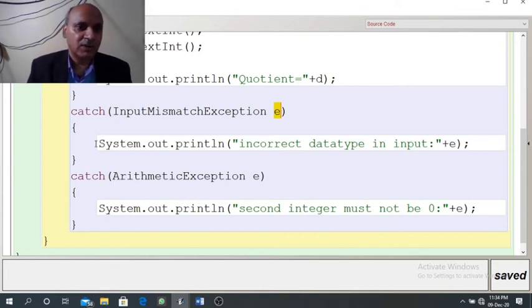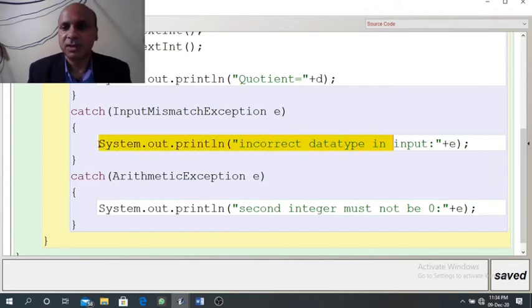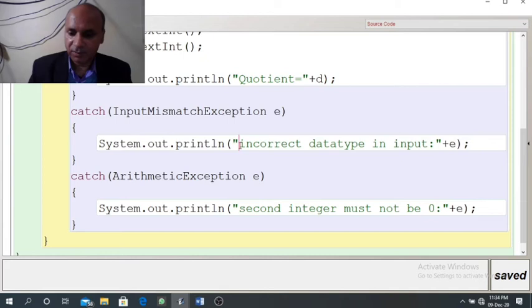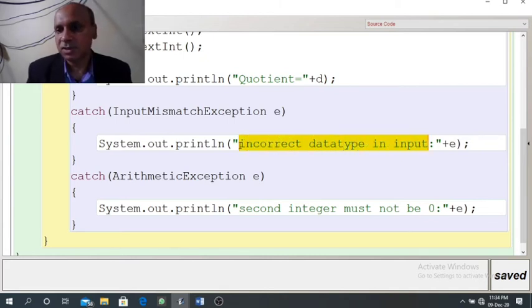Now inside the body of catch block, we need to print a simple statement, print statement. So inside the double quotes, I have mentioned a statement. It is written just to inform the users where he has done wrong. What was the reason of the error? So here reason of the error is incorrect data type during input. So it will appear as it is instead of that irritating message.